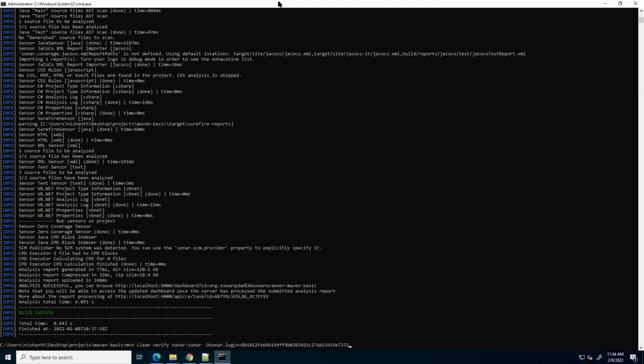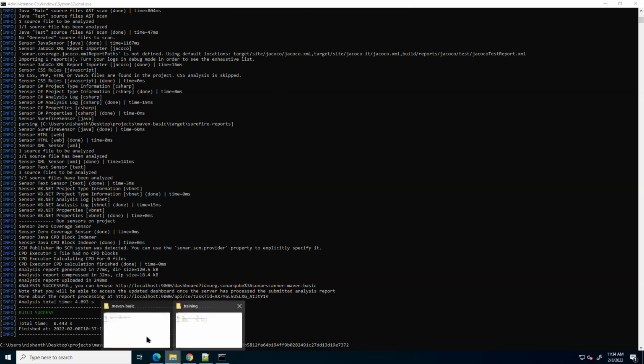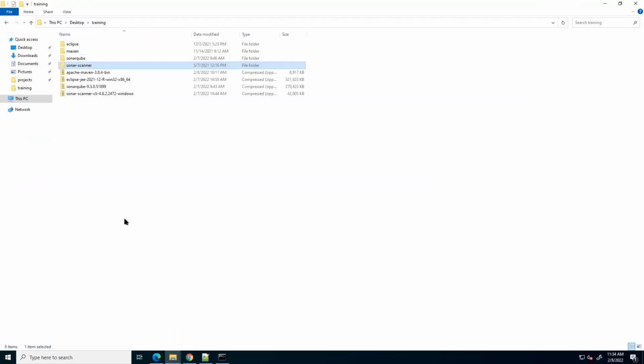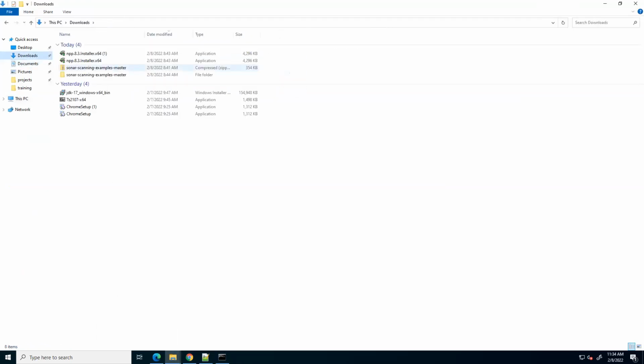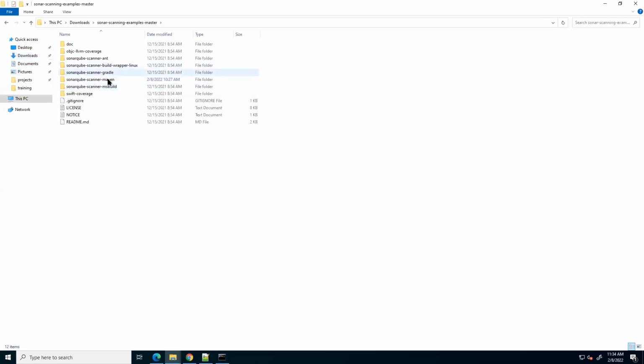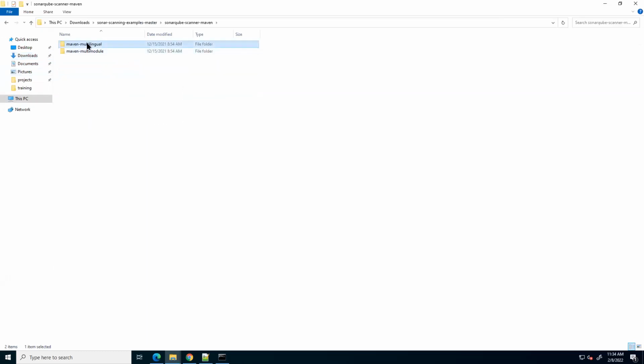Yes. So now we have actually onboarded this project, no? Maven Basic. I'll give you a challenge. Now take the downloads. I'll show that. You can see on my screen, no? You can see this, no? You have Maven multilingual, right? I want you to take Maven multilingual